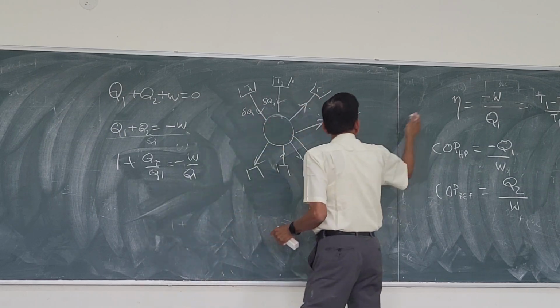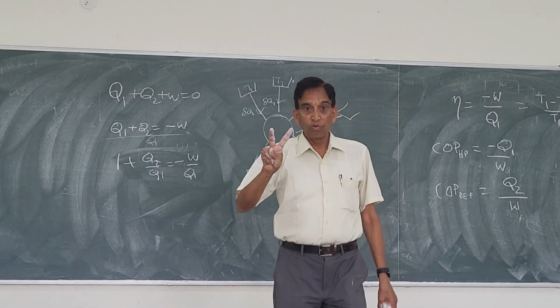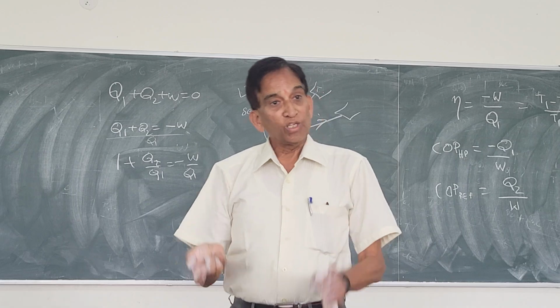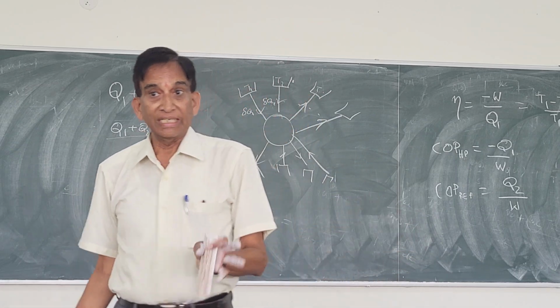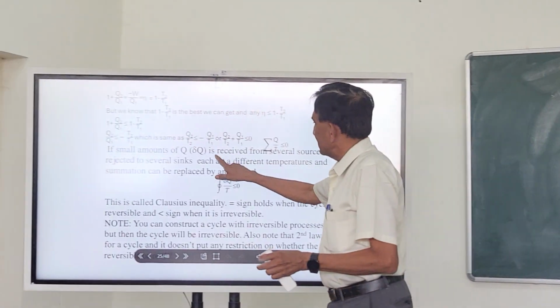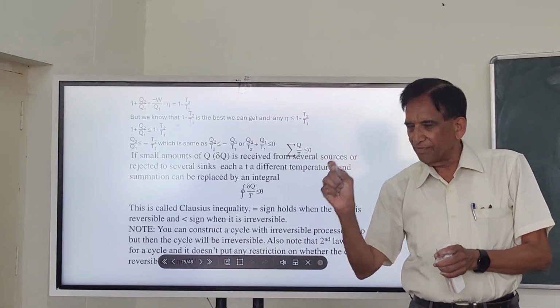So what holds true for this system? What we derived holds true even if there are any number of sources. So what we do is, if it is taking only a small quantity of Q from each of them, for example,